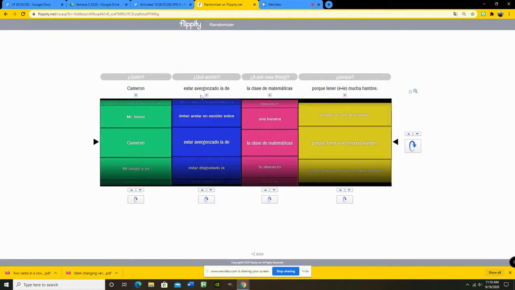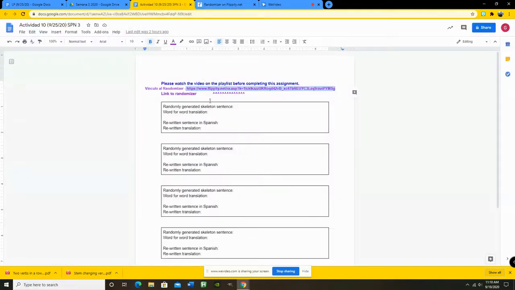So this is kind of a silly sentence. Doesn't make a lot of sense, but nothing that Cameron truly does makes a lot of sense or entire sense or any sense at all. So here's what you're going to do. If this was your sentence, you will go back into actividad 10 and you would type in this skeleton sentence. So it's Cameron estar avergonzado de